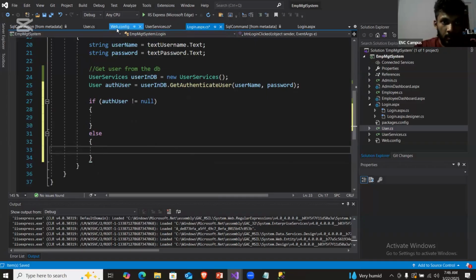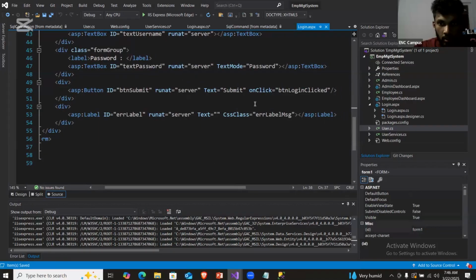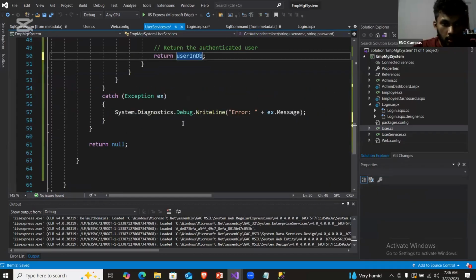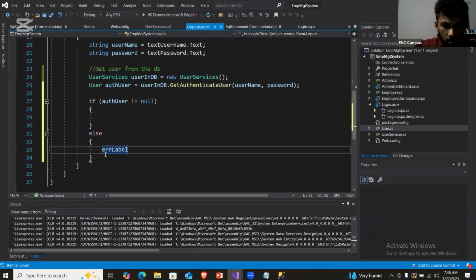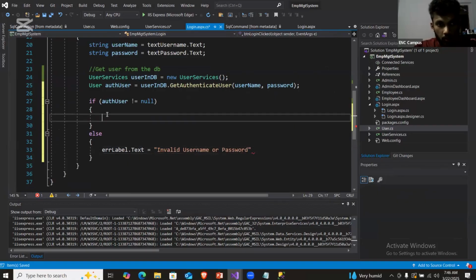So I can write here, in this file we had an error message. So I can say error label dot text is equal to invalid user name or password, right? Otherwise I can say